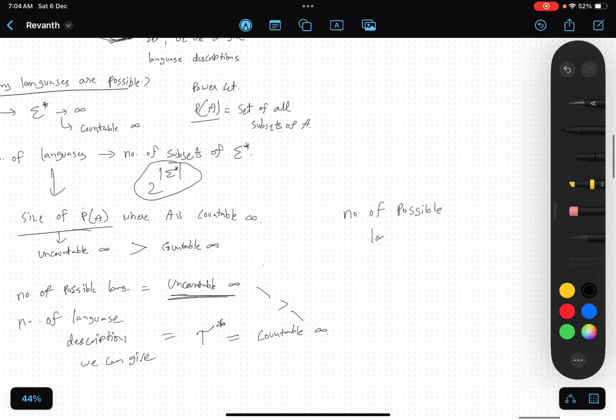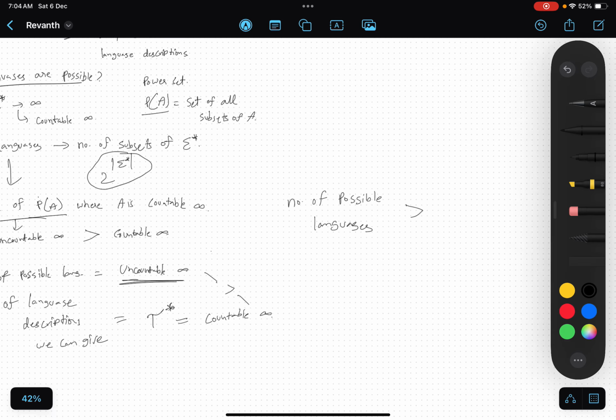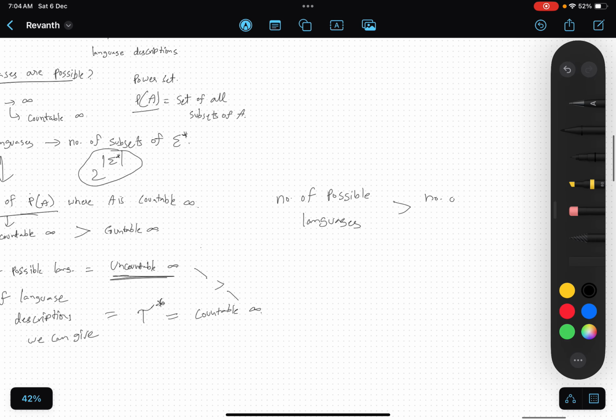So what we have is that the number of possible languages is strictly greater than the number of possible language descriptions. This implies there exist languages with no finite descriptions.